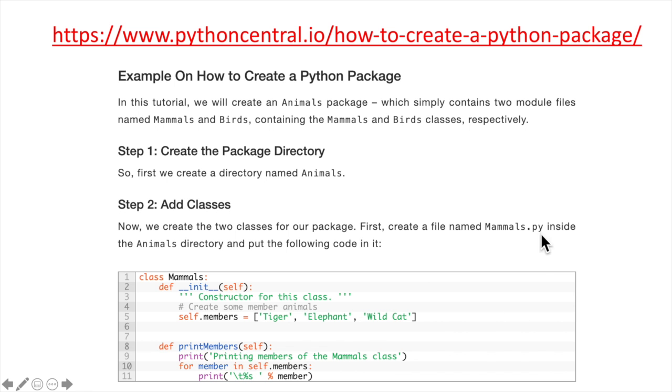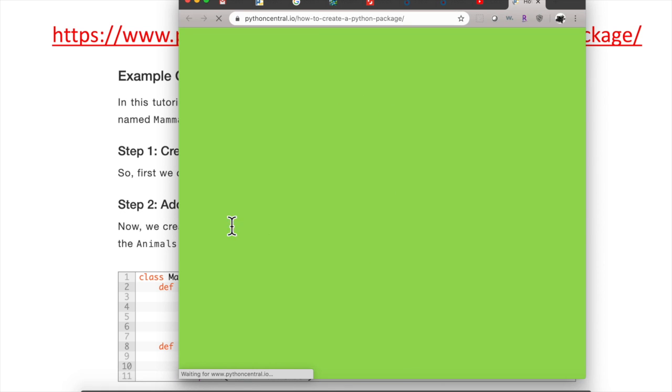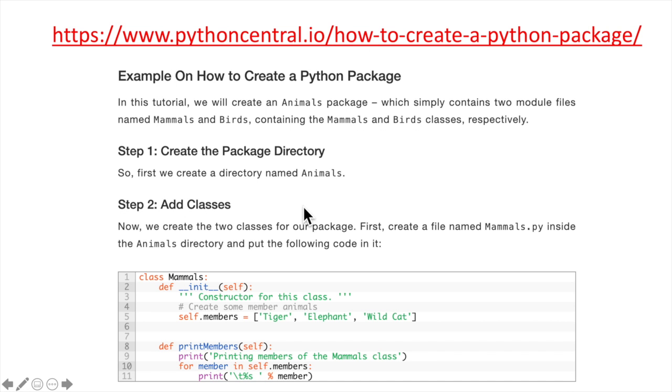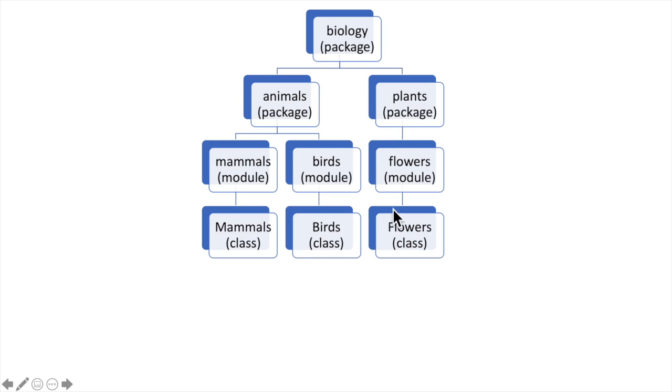The particular example we are using is on this web page. You can see this is basically the web page, and the essence of this is the create animal package, and then it has 2 submodules. One is called mammals, another one is called birds, and you have Mammals and Birds classes respectively. And in there it has members. Basically, I will illustrate in this